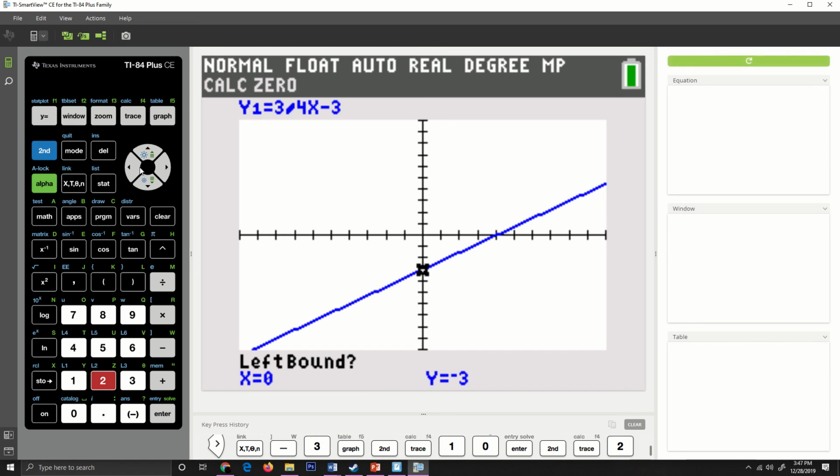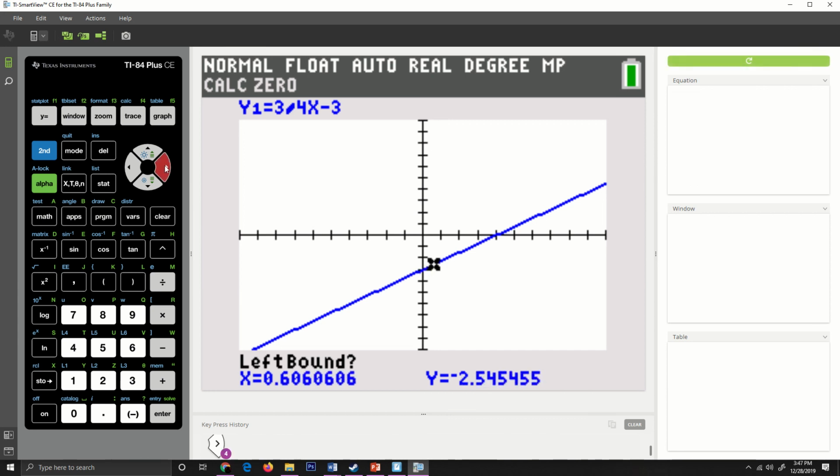So I'm going to use my arrow keys here. I'm going to move my little, and I call him my spider guy because he looks like a little spider crawling along a web. I'm going to hit that a couple times until I get close to where I think it's going to cross the x-axis. I'm going to hit enter, and you'll see this little triangle here, and if you have a color graphing calculator,